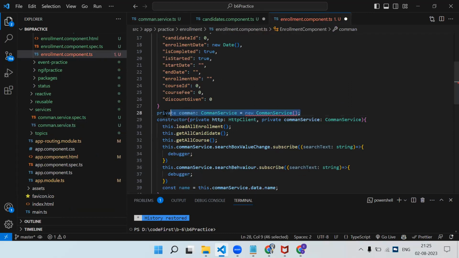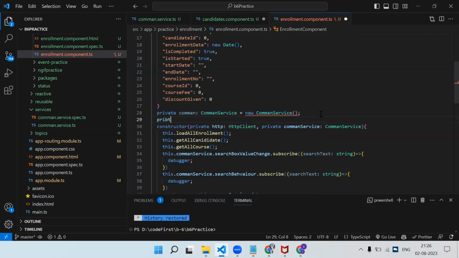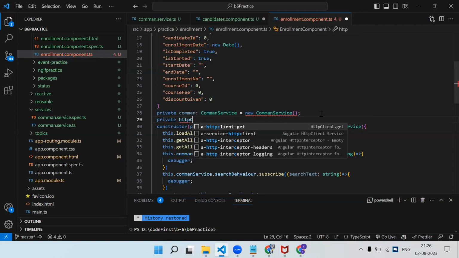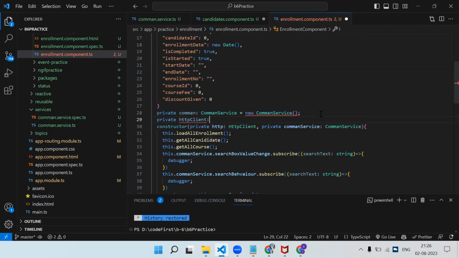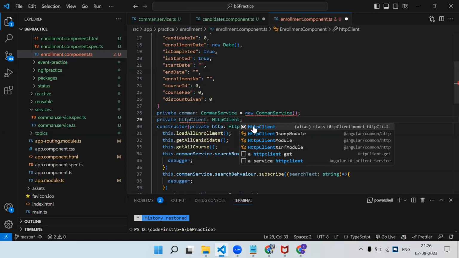But like this also we can create the service. Let's try HTTP client, private new. Okay, here also it needs it.